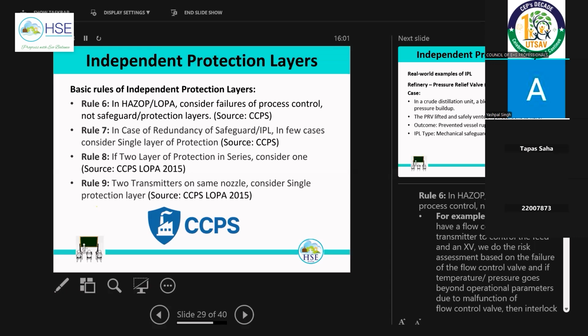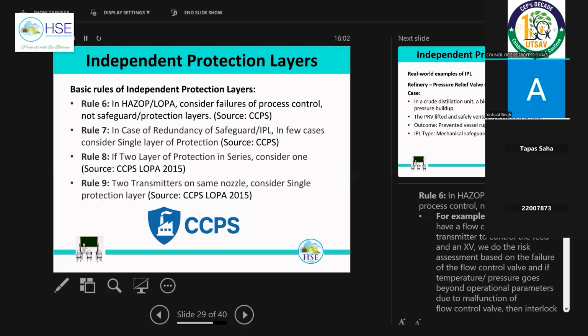So an important thing to consider here: suppose we are designing the pressure safety valve on 2 kg per centimeter squared or 2 bar. In that case, your rupture disc should fail at 2 or more than 2, because if it fails below 2, say we design the rupture disc at 1.8 bar and it fails at 1.8 bar, it will reach the PSV and pressure will not reach 2 bar. Then we have the issue that contamination will be there and later on the PSV will not be available, or otherwise we have to make the SOP.